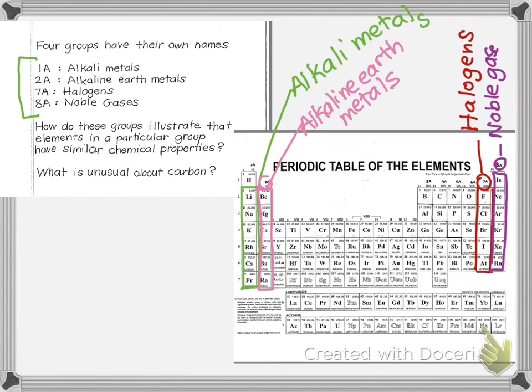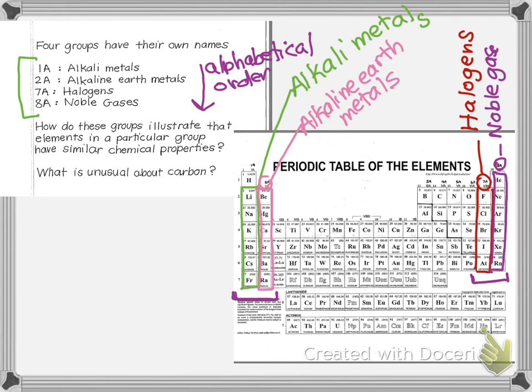Now, I did have a student one time tell me, because she was remembering the different names, but she had a hard time knowing what order they were in. And I always think of it like the first 2 and the last 2 are the ones with names. And she pointed out to me that if you go down from here to here, they're in alphabetical order. So some of you, that may help as you're trying to learn and organize things in your brain. That may help you to know as you go, it's the first 2 and the last 2, and as you go left to right, the names are in alphabetical order.